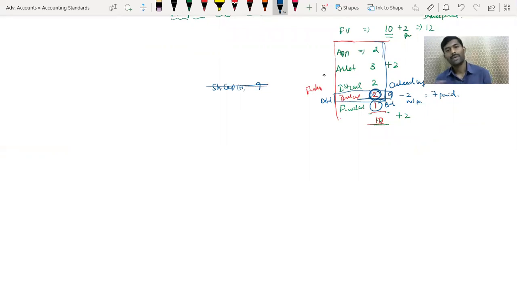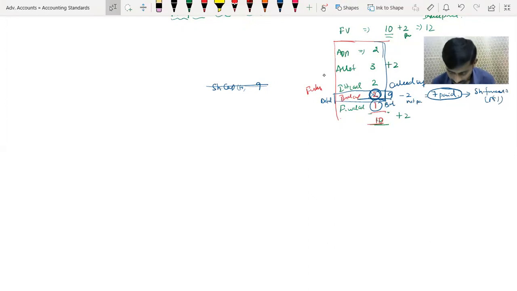Correct? When capital is increased, I receive the money and create the capital account credit. If I cancel, the share capital has to be reversed. So the share capital account has to be debited with the called up value. Next, the paid up value, the 7 rupees I collected in cash, I have to take to the share forfeiture account. It is like profit.